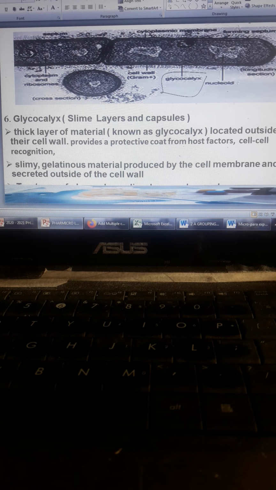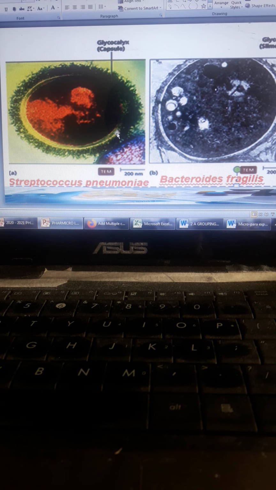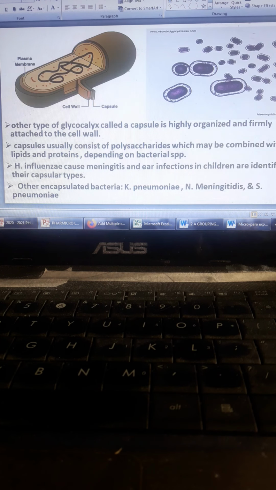Next, examples of capsules for the bacteria: we have the glycocalyx and we have the slime layer. Another one is Streptococcus pneumoniae, which has the capsule or glycocalyx, the one that protects Streptococcus pneumoniae. And Bacteroides fragilis. So we have another one, the glycocalyx slime layer. Slime layer and capsules. So next,